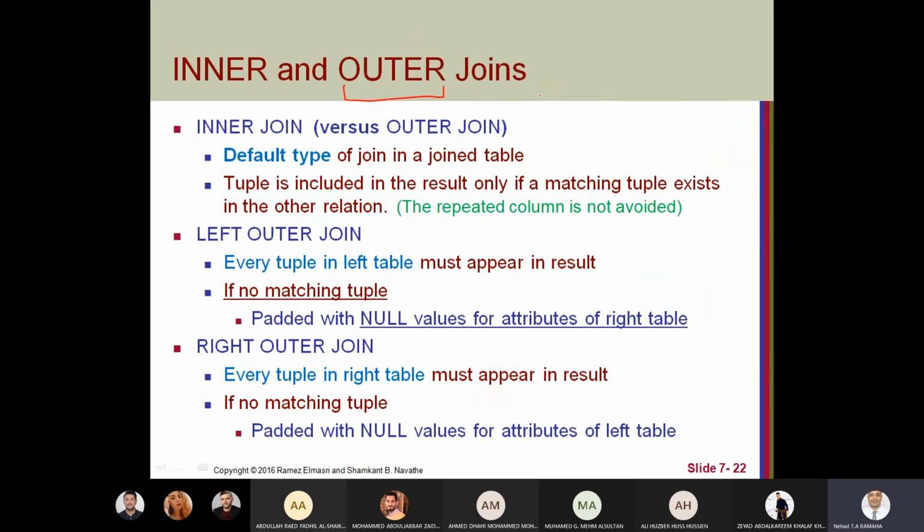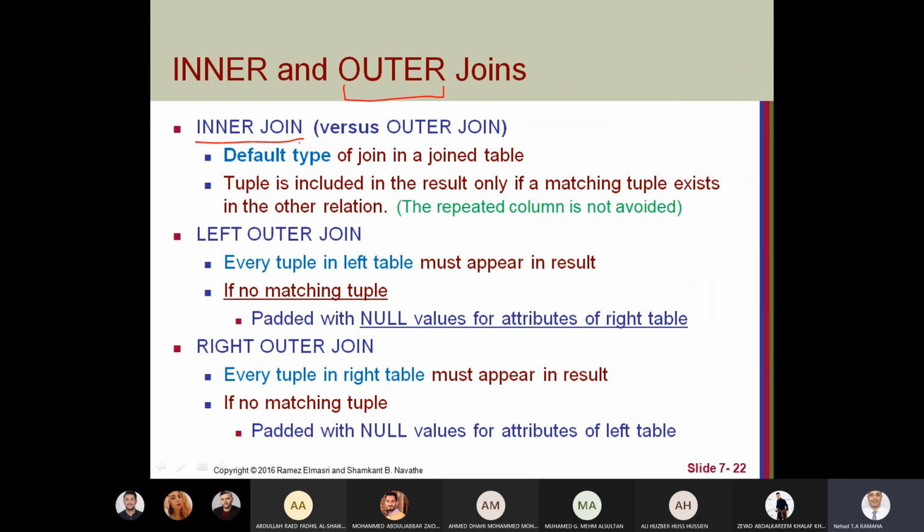If you have a left value that does not exist, then it will be filled with null to be connected with the right value. This is a full outer join. I will give an example here. But in the inner join, you have only tuples when the left table and the right table have the same connected attributes.